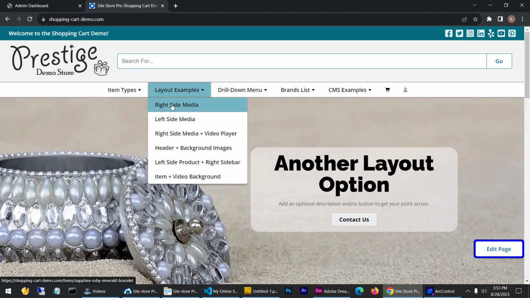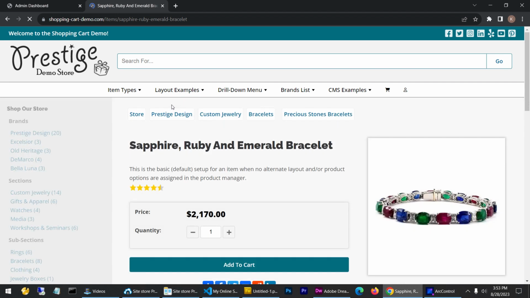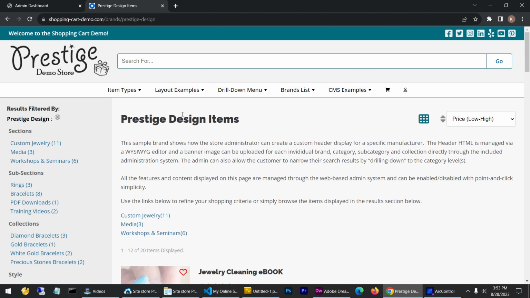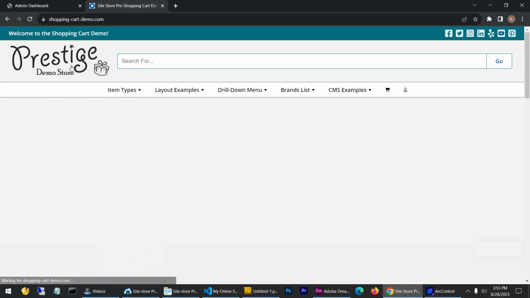Also, previous versions of SiteStore Pro were primarily geared for site developers and site designers, while the new SiteStore Pro Gen 4 system is geared towards designers, developers, plus site owners, managers, business owners, as well as content creators. So the new SiteStore Pro Gen 4 system comes with the SiteStore Pro sample application, or